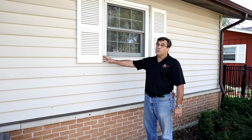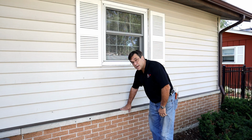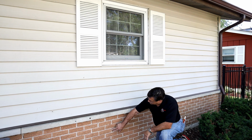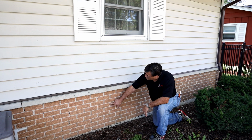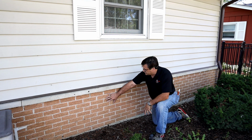So caulking is important. It's considered a maintenance item, and you want to walk through yearly. The next thing I would look at is the gaps in the mortar. If you've got a brick house, then it would be the gaps in the mortar here. You don't want holes where if you get a driving rain or the snow builds up on the side of